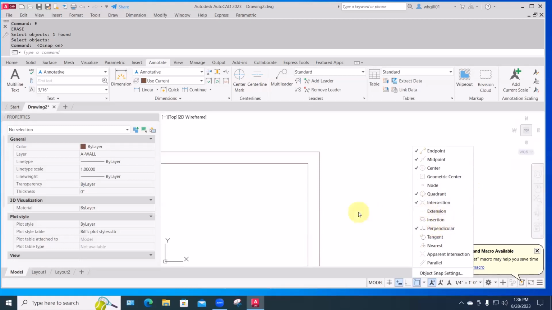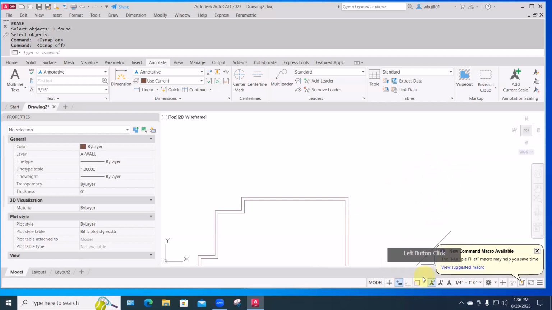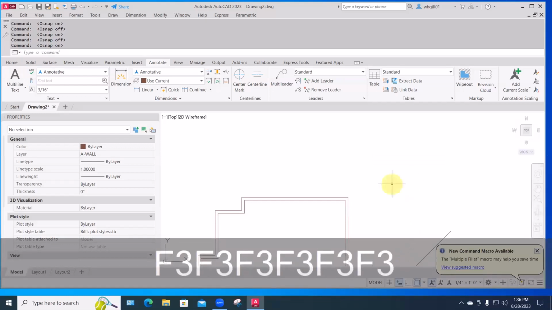If you have too many of these turned on, your cursor starts flashing up sort of every time you move across stuff. Pretty much any given project will be, if you're doing gears, obviously you want to have the center, be able to snap to the center of things. Not so much in a lot of our work. But anyway, with those turned on, whichever ones are checked, and with this turned on, and F3 turns that on and off, as you can see down here at the bottom. With that turned on,